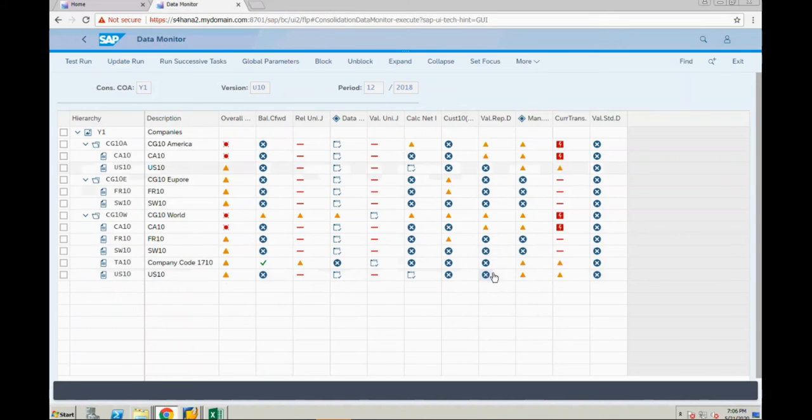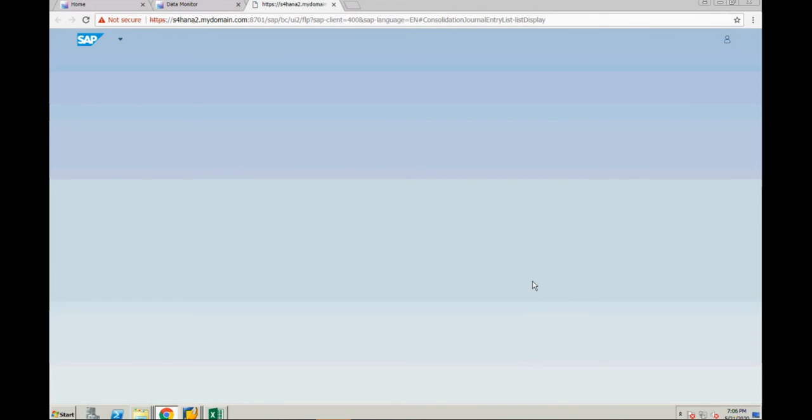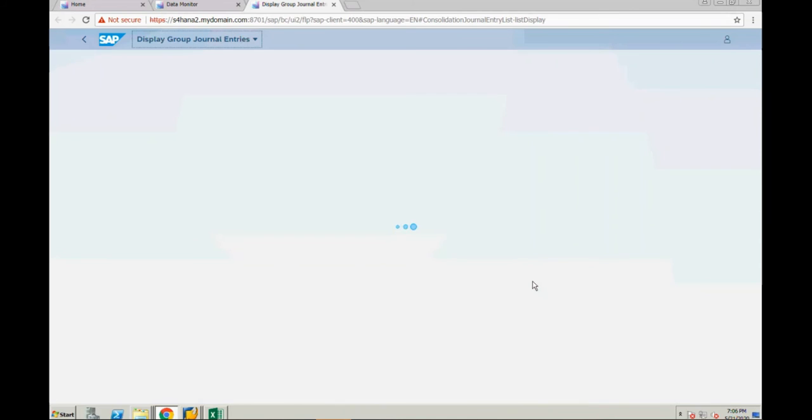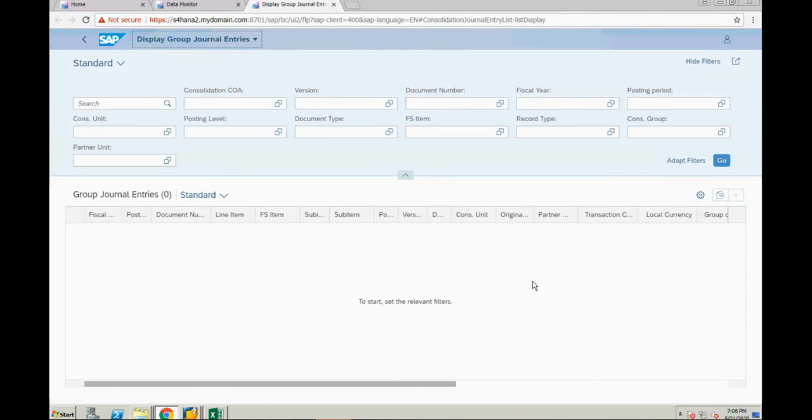To post an entry, here you have manual adjustment posting. So right click. Here you can come to that particular screen where you can post debit and credit, or positive figure and negative figure for FS items.